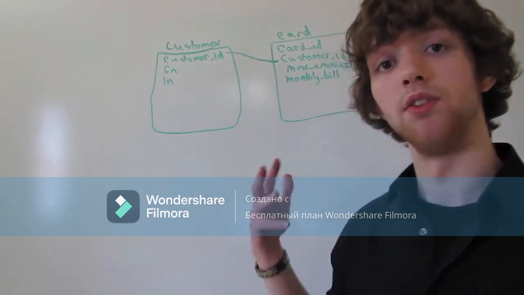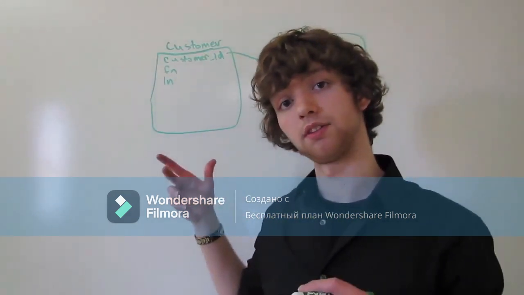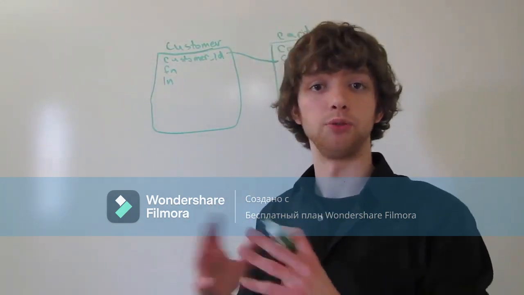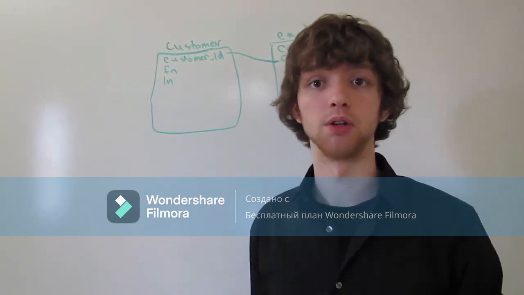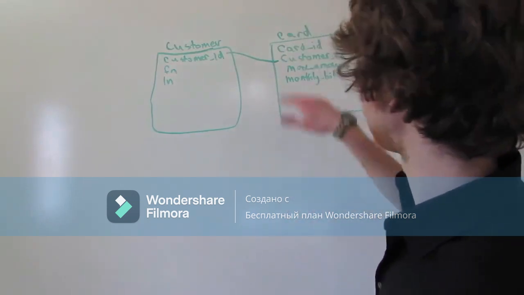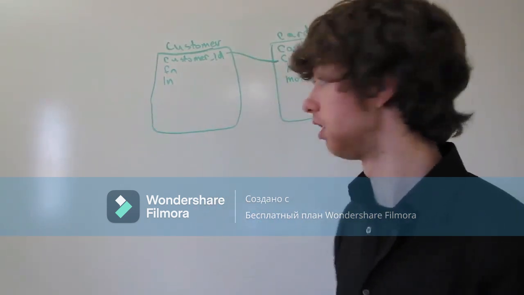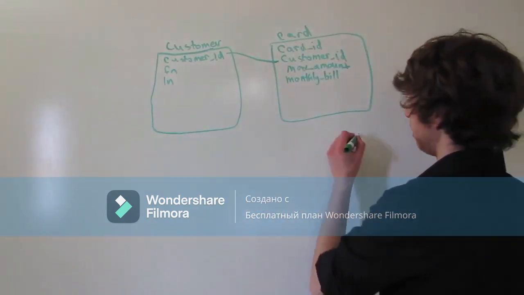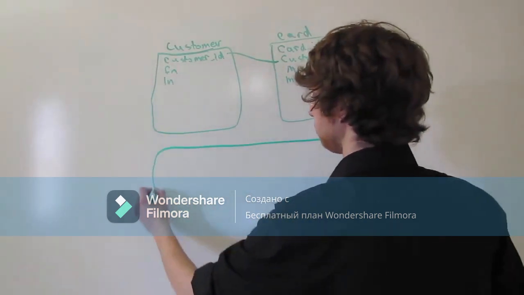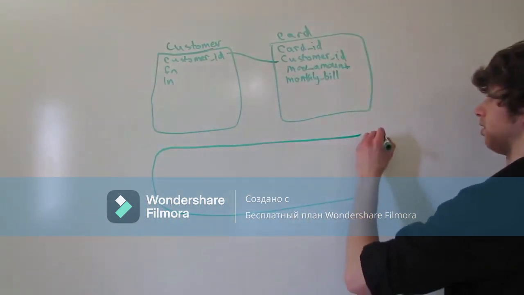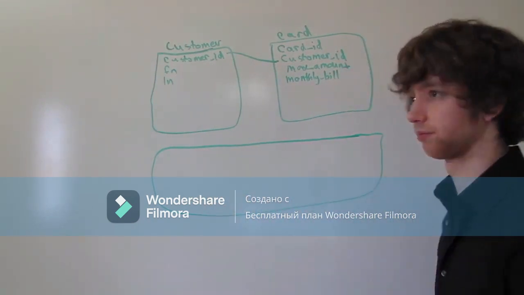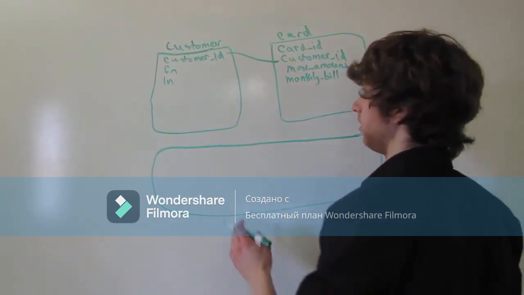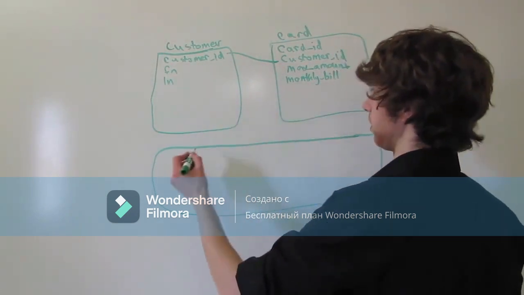And let's say this is how we structured our database, and we want to make it more user-friendly with a join, where we join information across the tables, because we don't want to have the customer ID for the card. So we create a join, and we make this new generated table. I don't know why I made that like a circle, but oh well. And within here, we could say it's the